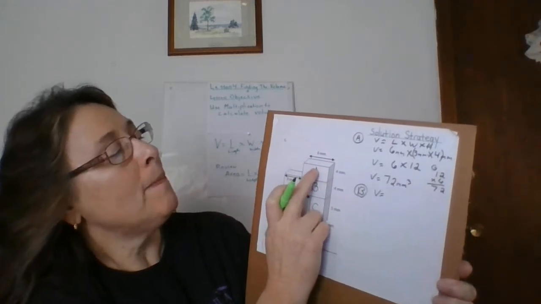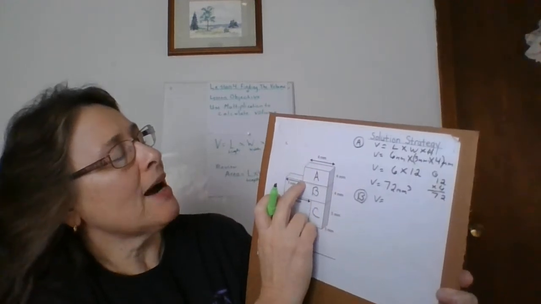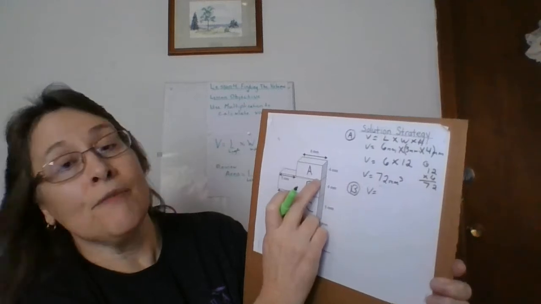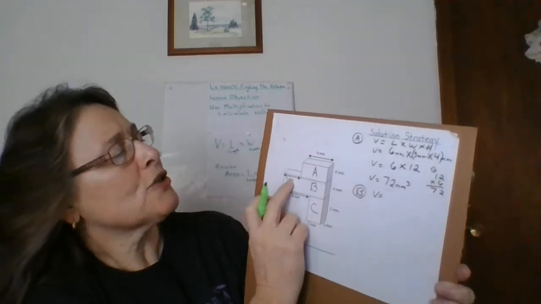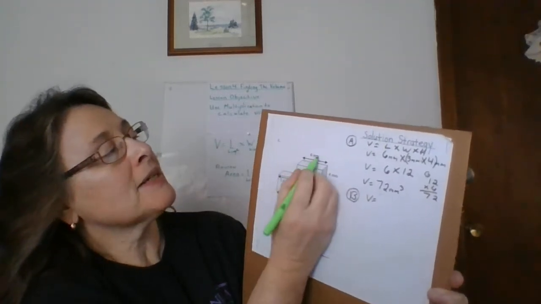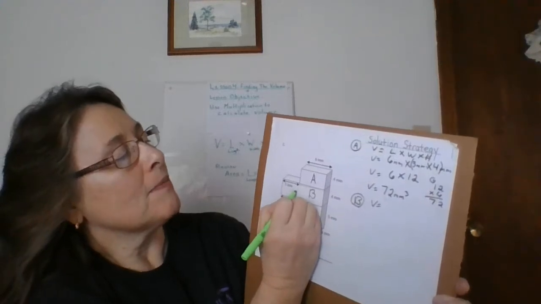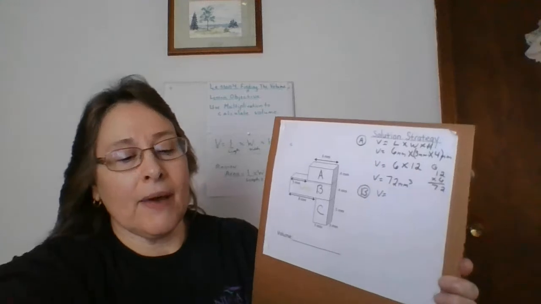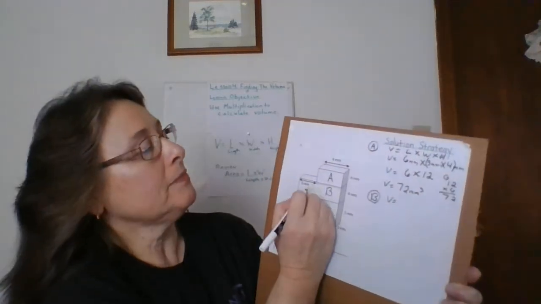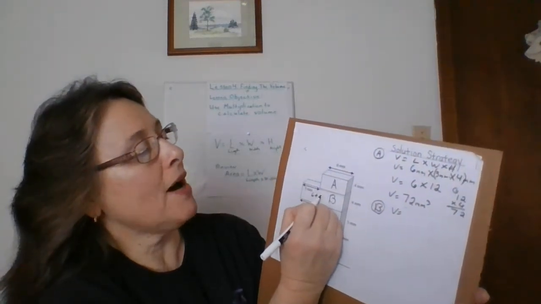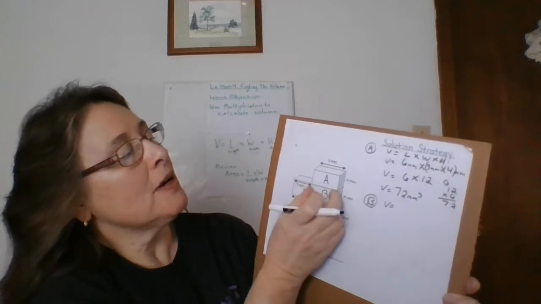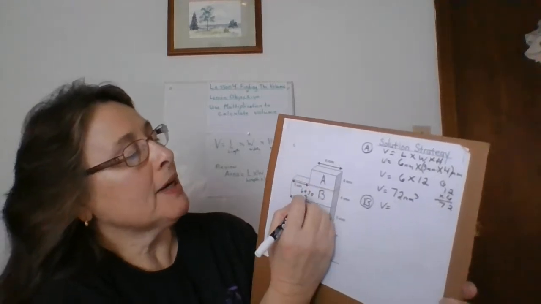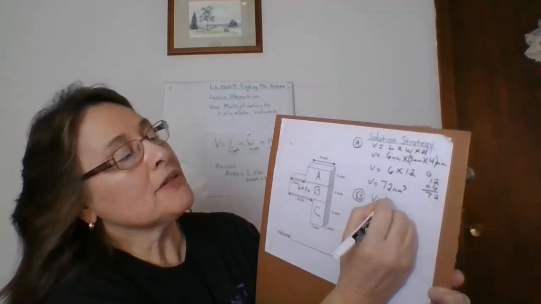But I know from box A that's sitting right on top of it that the length of box A was 6. So if I add my 6 and my 5, that's this piece plus this piece. If I put them together, my length is 11